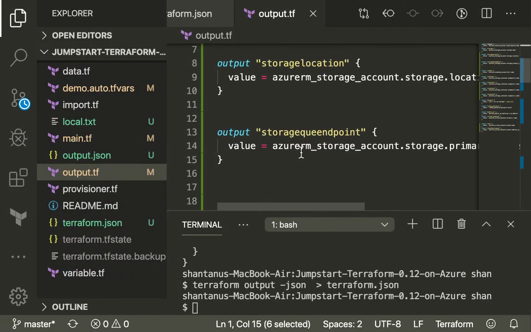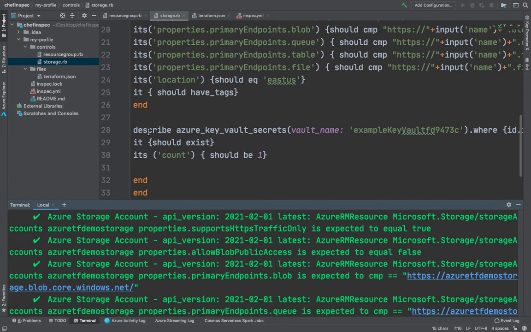Now what we're going to do is remove the it should have tags and write that its tags, the value of its tag should include owner as Shan. Now if you try to rerun it again,